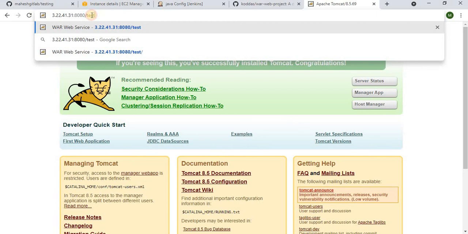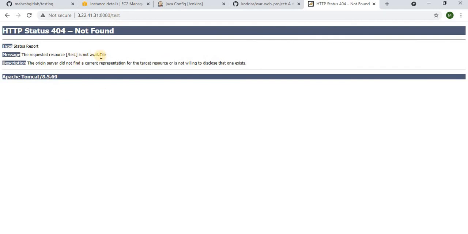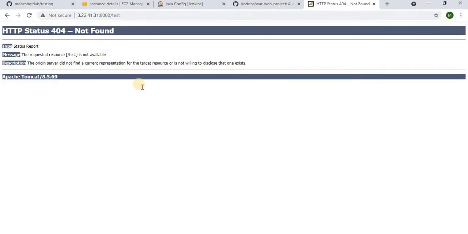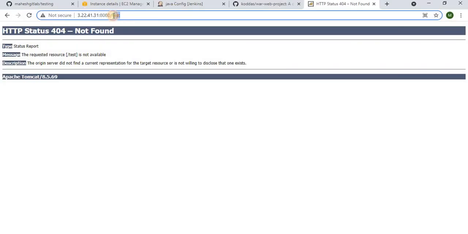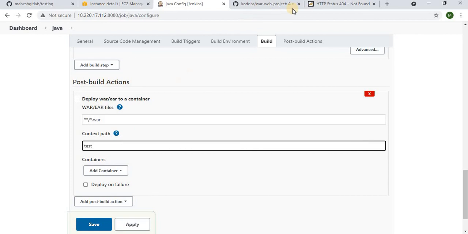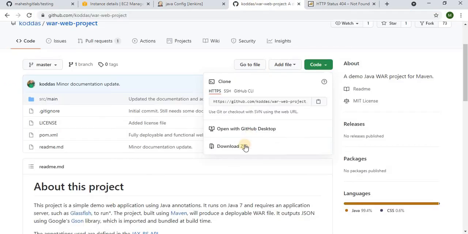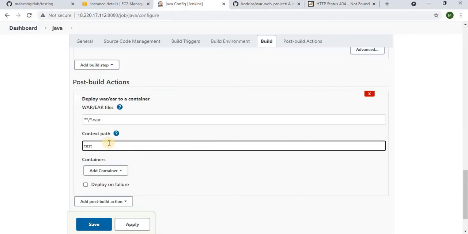After this, let's say test, because I want to name my application test, as it is a test environment. I just wanted to make it clear. Observe, you're not able to see anything. This is the context path, and I want to see test. The application is not deployed, that's the reason you're not able to see anything. I want to access the application in this pattern, with context test, so that's why I'm giving test here.